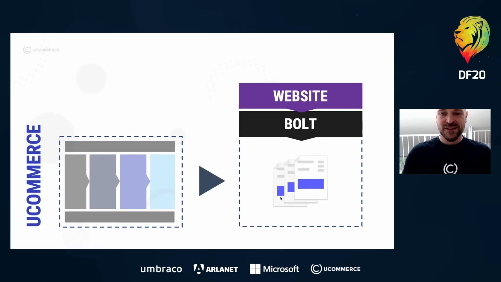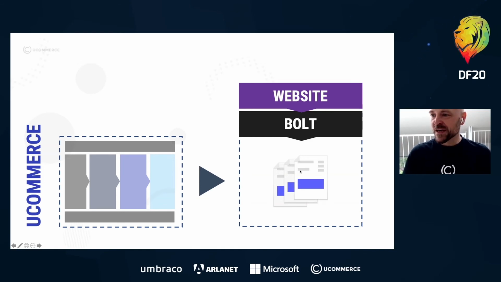So what we came up with is this overall design where we have the Ucommerce and Umbraco backend here. Everything is maintained as before within the UIs you saw. Then we index all the relevant information, all the product information, price points, all of it, into search indexes over here, which have Bolt sitting on top, which in turn powers the website. And the cool thing is that once everything is moved out of the SQL server, you can just query Bolt, and you don't need to talk to the SQL server until you start placing orders. In an e-commerce solution, performance tends to be hit the hardest in the product pages, so catalogs and things like that are stored within the indexes.